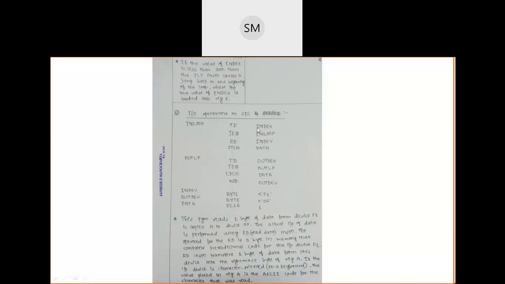Which device are you testing? You are testing the input device. Which is that input device? I have defined it here. For the input device, I have taken its variable name as INDEV. You can write anything here, no problem. INDEV is very easy for me to identify that I am discussing the input device. For the input device, I am going to reserve some amount of memory. How much memory? I am going to reserve only 1 byte.